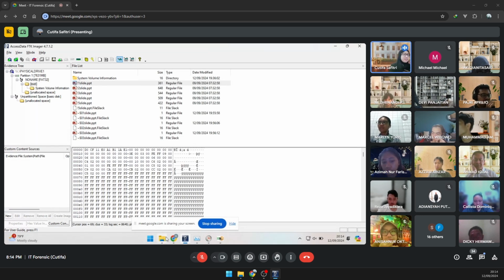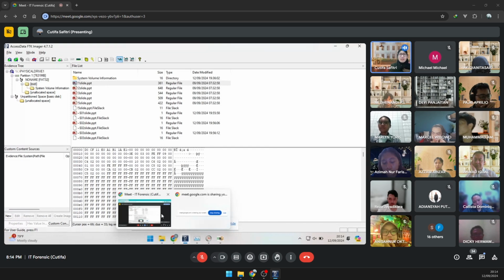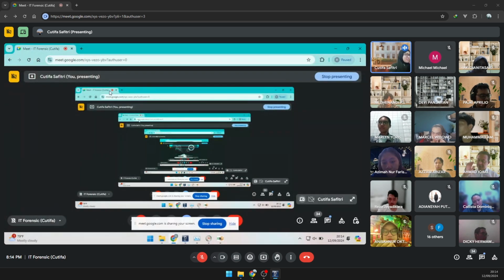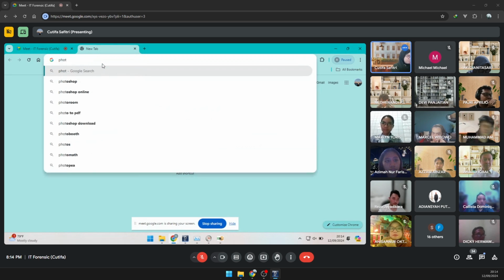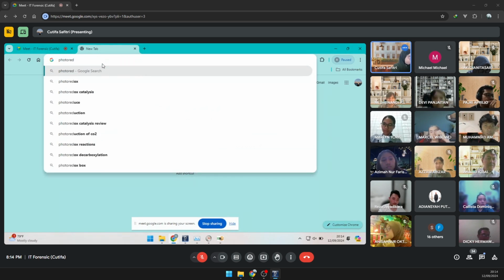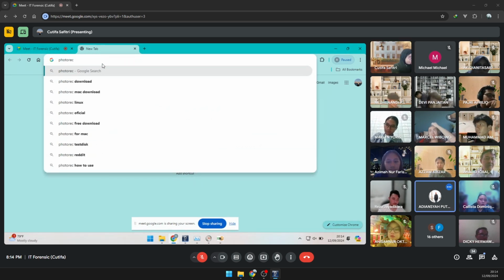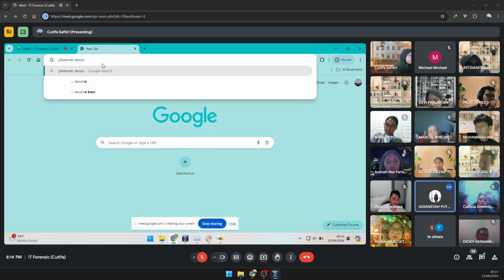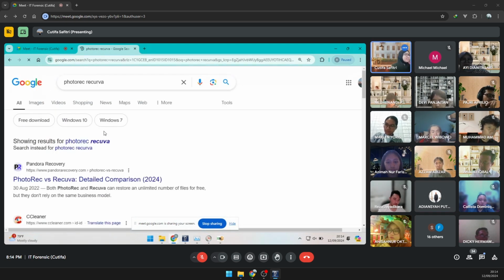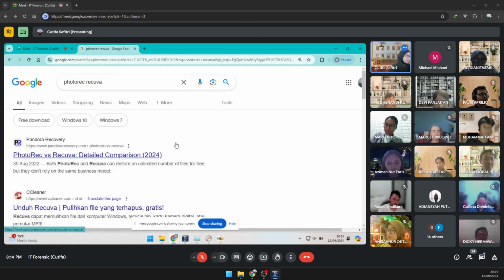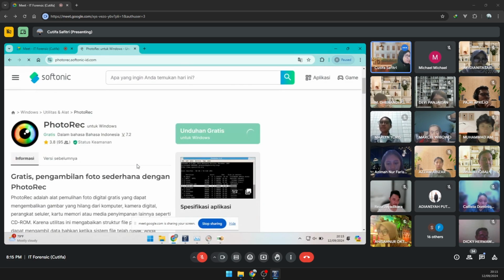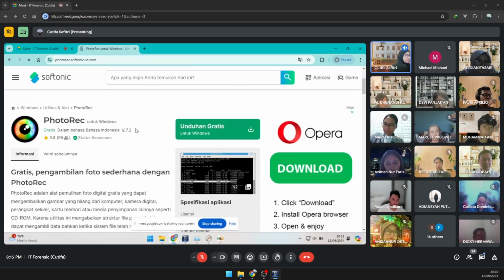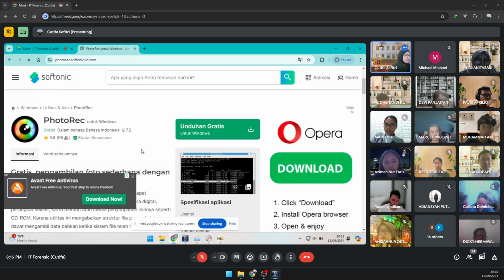Now, this allows me to introduce a new tool that you have to download for next week. This is called Photorec by Recuva.